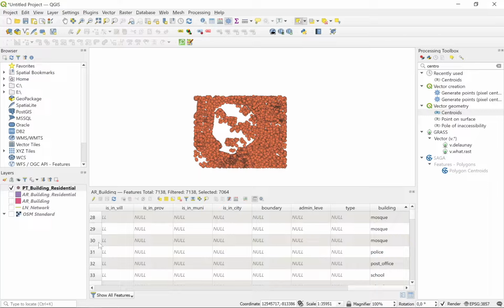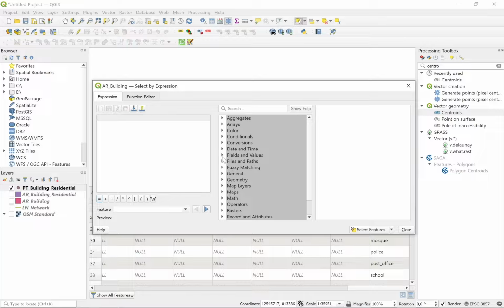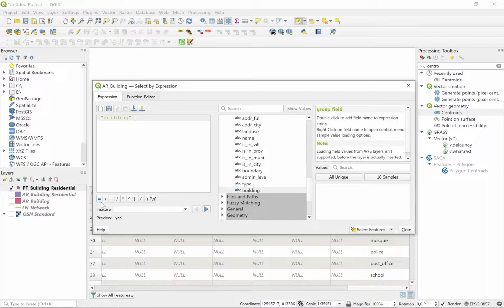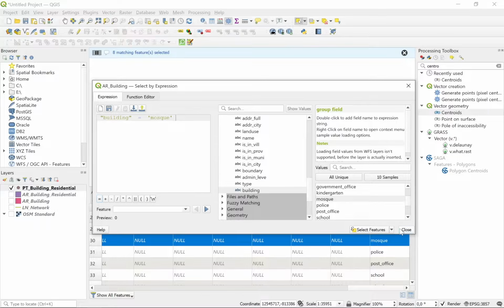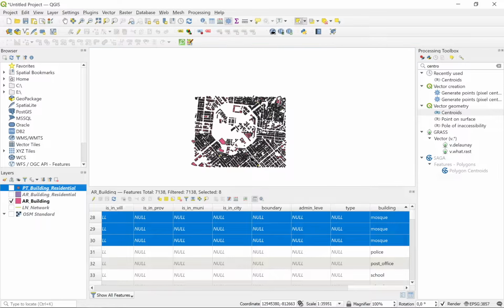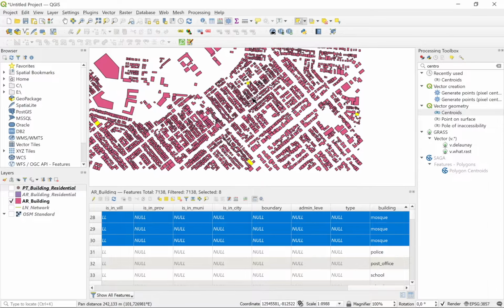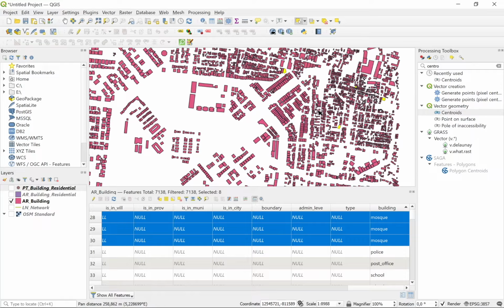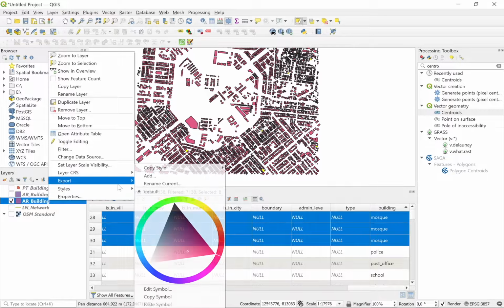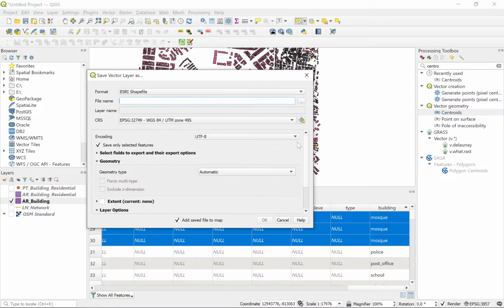So we can select mosque using query again, then go to field and value. We choose building equal unique value mosque. Okay, select feature, and we can see in this AR building there are several buildings that are mosque.